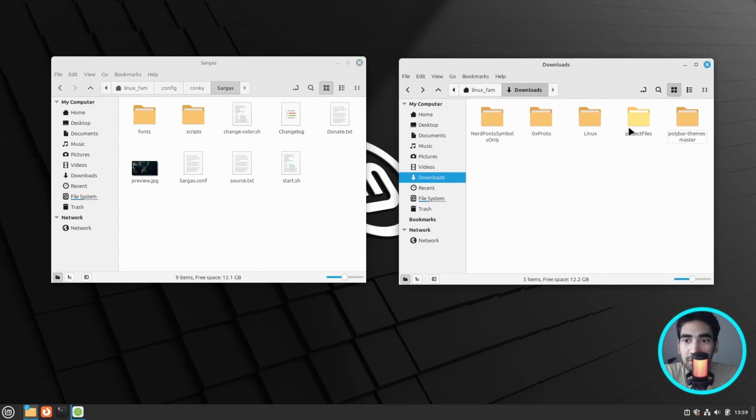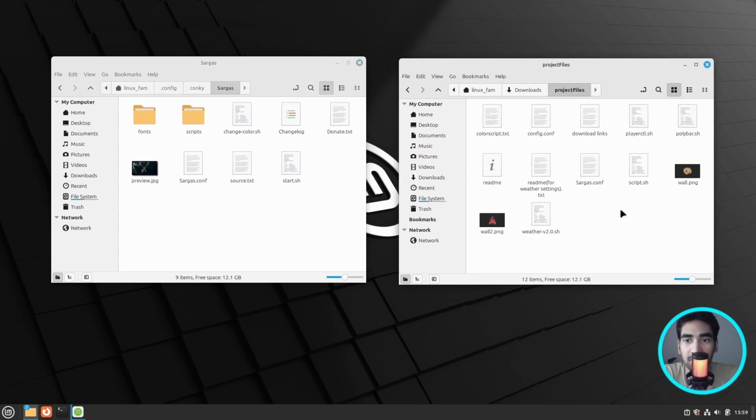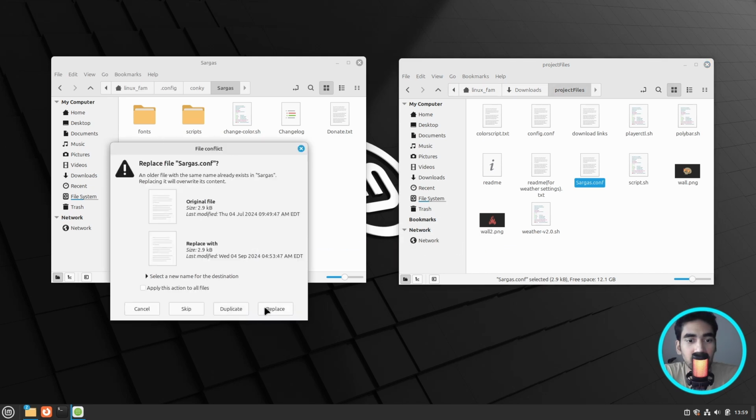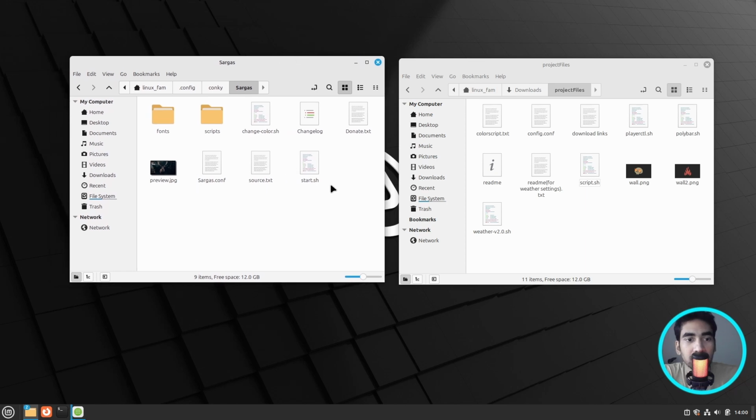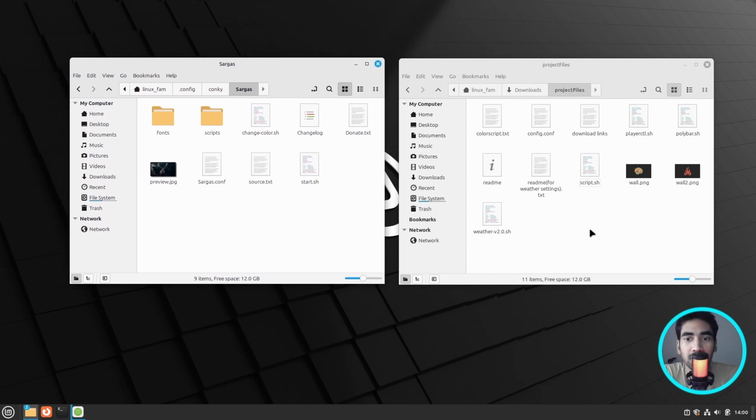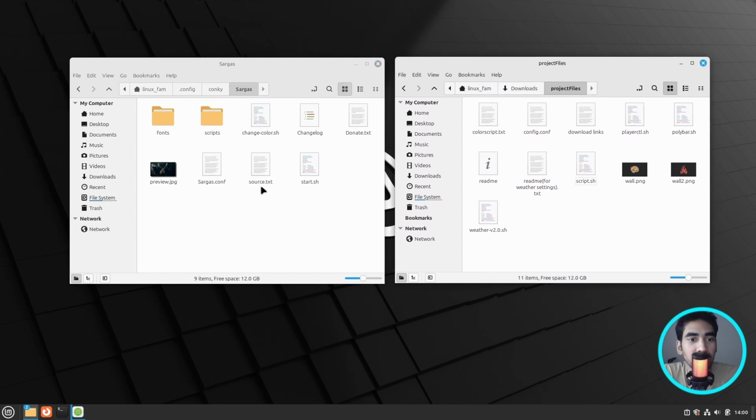on the right window I'm going to go inside the project file, and here I'm going to drag the conky config file inside the conky folder, and I'm going to click on replace because I have made some tweaks, and you'll see in a minute, so that it works properly and you don't have to go through all the config script and then do all the tweaks yourself. So yeah, and